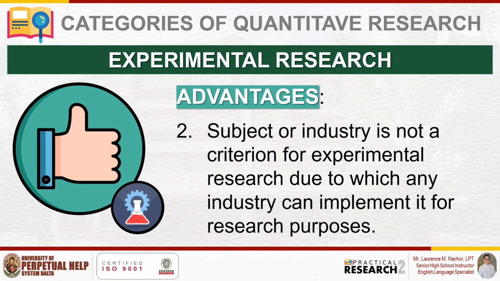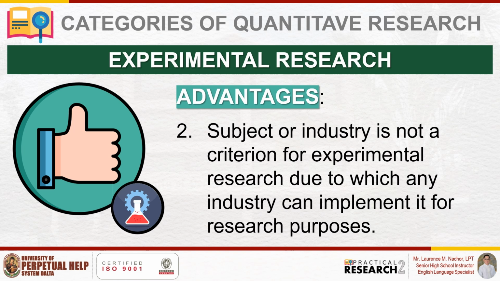Another important advantage of experimental research is that subject or industry is not a limiting factor. This means, po, class, that experimental research can be applied across any discipline or industry, whether it's in education, health, business, agriculture, technology, or manufacturing, name it. Because the method of experimental research relies on controlled testing of hypotheses,